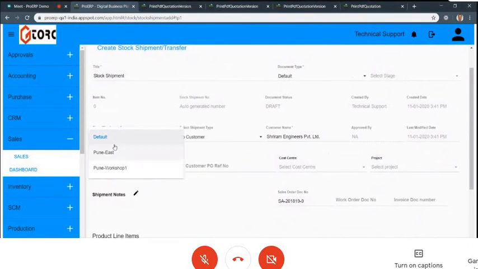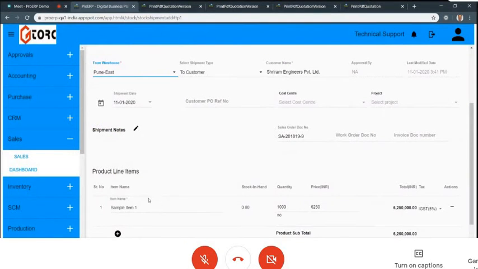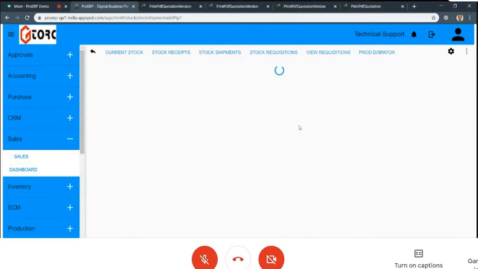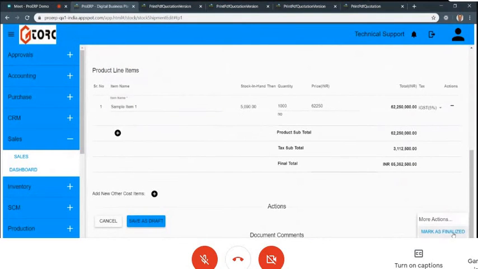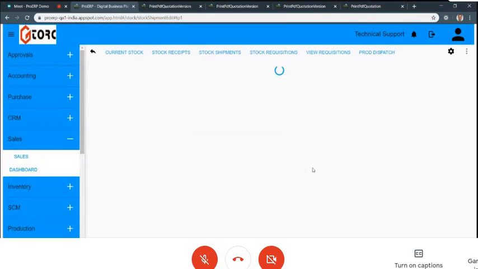We are giving it from this warehouse, this 1,000 quantity. For the shipment, I can also have a review approval, but I'll just mark it as finalized, as delivered.